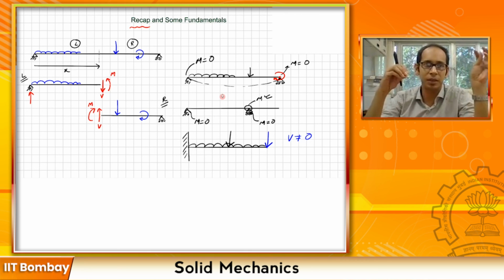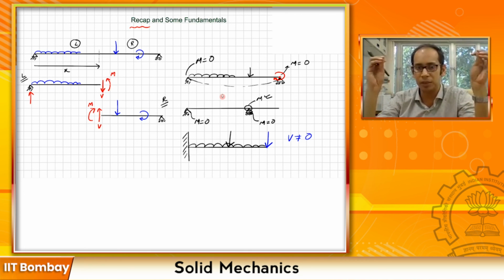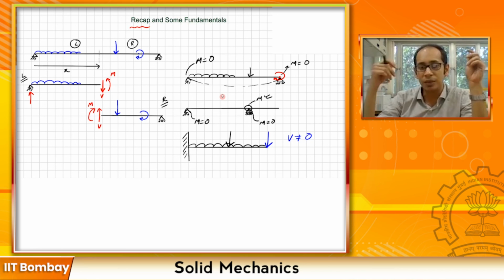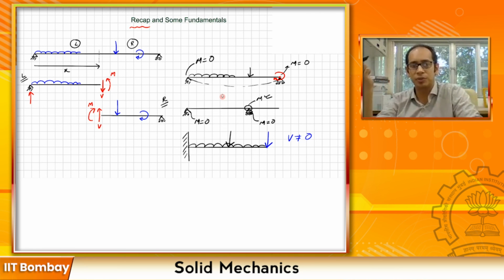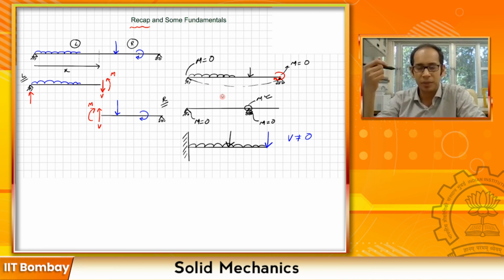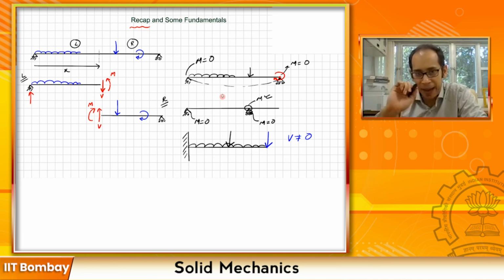If it has a pin at both ends of the beam, and you see after you have found the shear force diagram and the bending moment diagram that the bending moment has a finite value at the end, that should tell you then and there that something is wrong. If you have a pin or a roller at the ends, you cannot possibly have a bending moment, unless of course an externally applied moment is there, which I showed at this particular point over here.